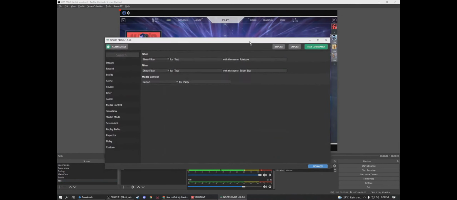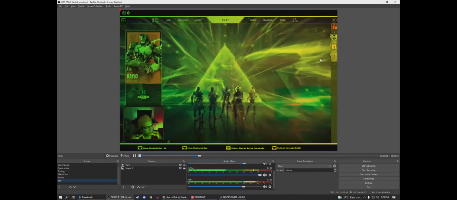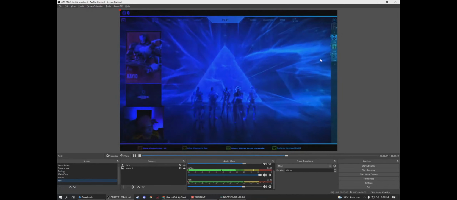Okay, so back to Noobs Commander. Let's try it again. Test command. If you notice, there we go. There is our effect. So may sound din siya. Meron ng effect, nag-turn on yung filter. But the problem is, hindi siya huminto, diba? Kasi wala tayong trigger